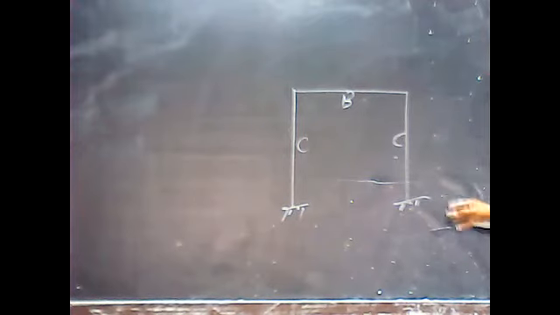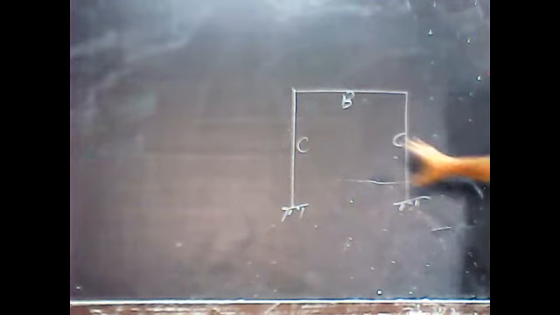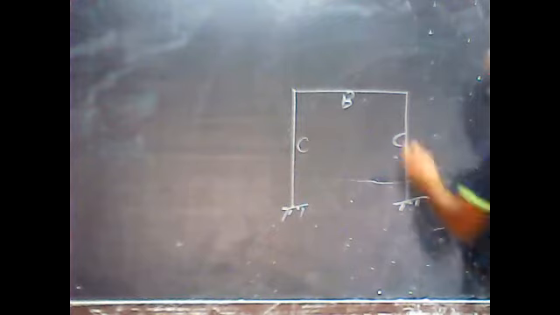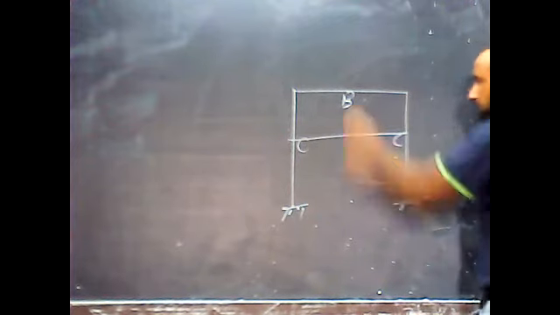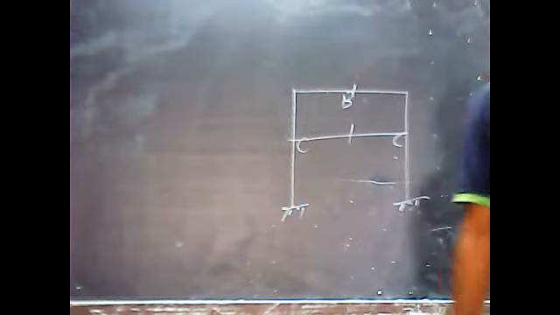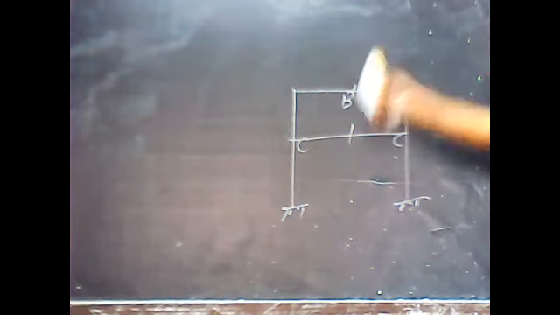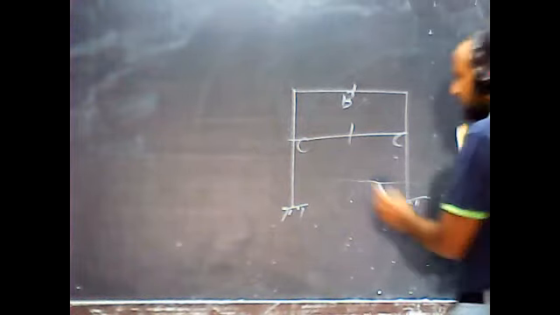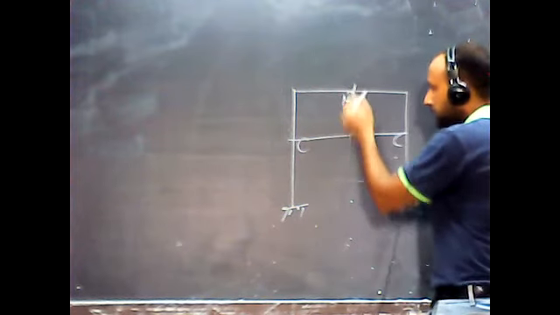You can add other members also. In that case, you will see you have to cut. There should not be any tree structure. There is an open kind of beam. If there is any other frame like this one also, you have to cut these frames and make them separate. They should not be connected like this. So you have to cut the section, or otherwise you can directly count the number of cuts. But that is not the right way to understand. Cut the frame and count the number of reactions released.